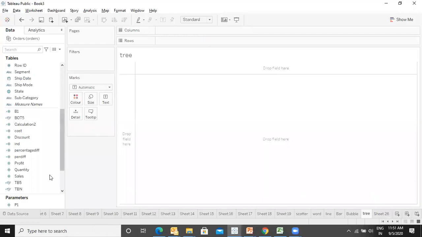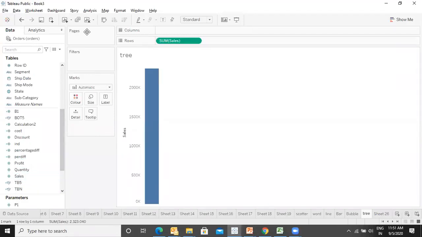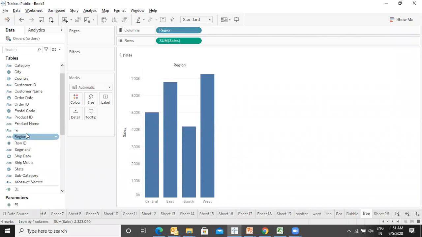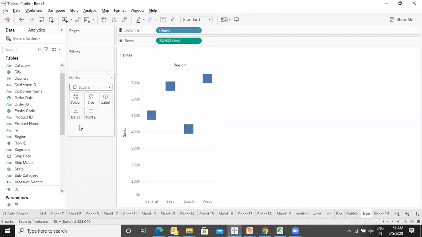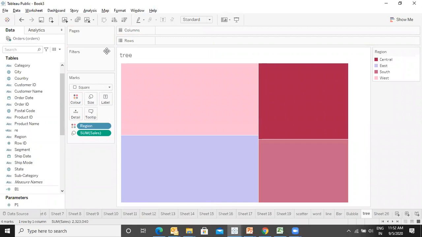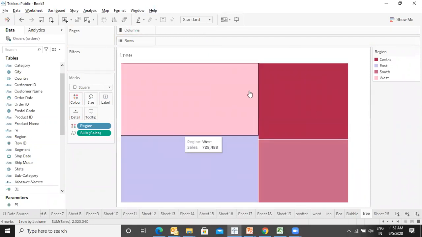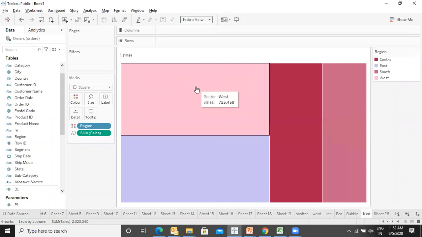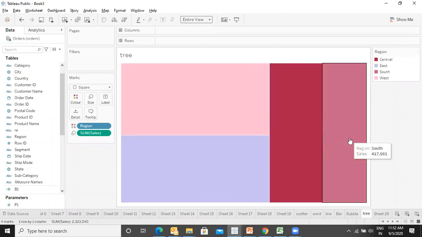Let's take the sales on the basis of region, and instead of automatic, let's make it a square, put the region in the color, and put the sales in the size. This is known as a tree map. Why? Because there can be multiple branches of a tree. As of now, this tree has four branches: west, east, central, and south.